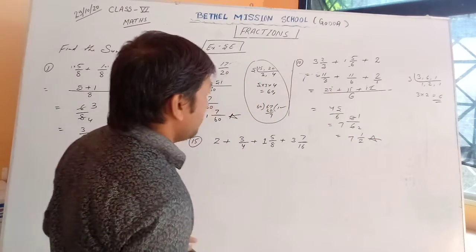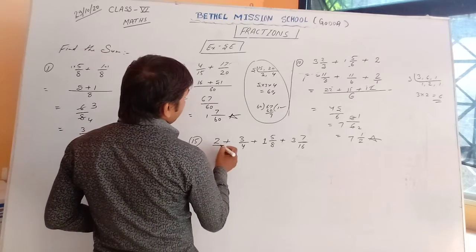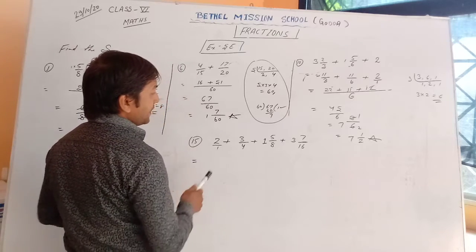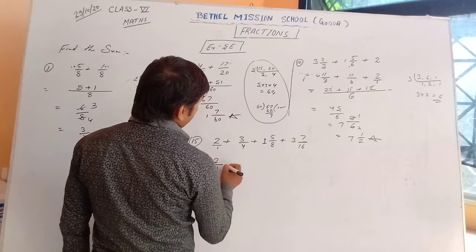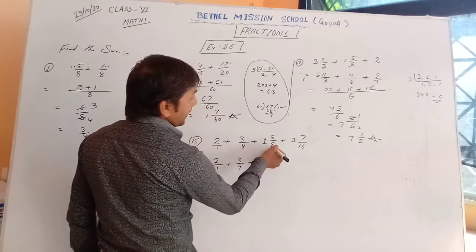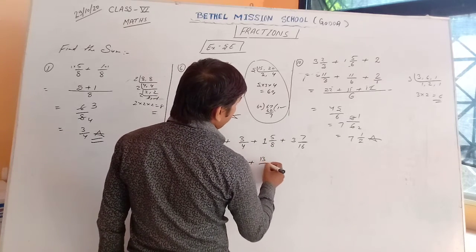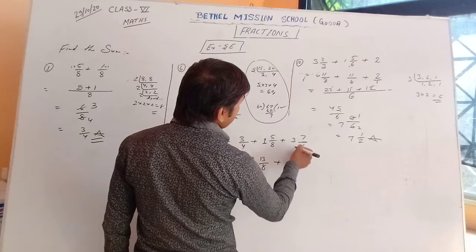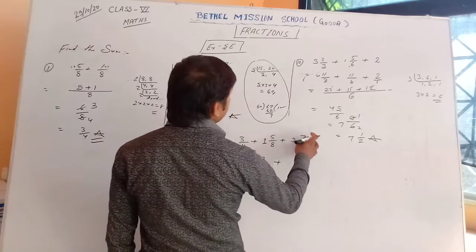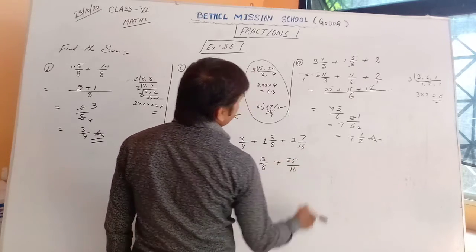Now similarly you have to do the question number 50. There is nothing, you can write 1 as a denominator. Now 2 upon 1, 3 upon 4, and that is 8 1s are 8, plus 5, 8 plus 5, 13 upon 8, and 16 into 3, 48 plus 7, 55 upon 16.